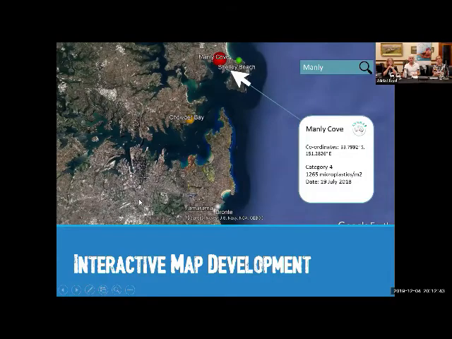As I said, the map is a work in progress, and this is something Kylie's been working on with a contract company, Growth Ops, who are doing the work for us to put this together. You'll be able to see in the future something like this, where the dots or points will be on the map.